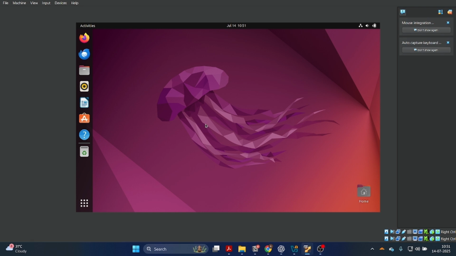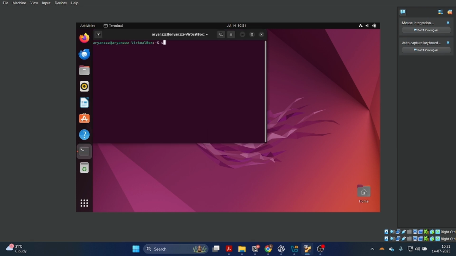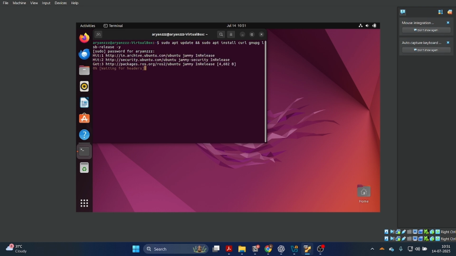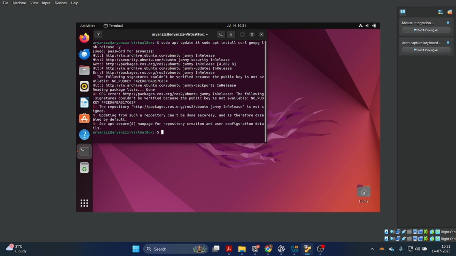Press Ctrl plus Alt plus T to enter the terminal box and type the following: sudo apt update and sudo apt install curl gnupg lsb-release, and then just type y and press enter. Enter your password and wait for some seconds. Afterwards, write the following command: